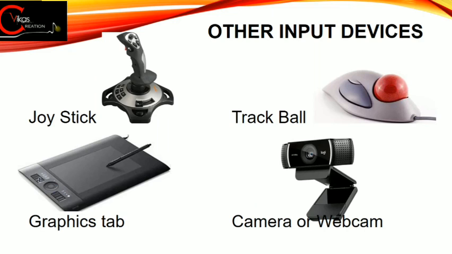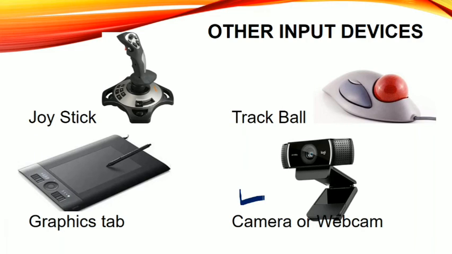Fine. Next we have this graphic tab. As I have told you earlier, nowadays we don't use light pen. So instead of using a light pen, we can use this graphics tab for writing on a display. Like suppose I have to write something, so for writing that I can use a graphics tab. Fine. Then next we have camera or a webcam. Well, for performing video conferencing or for recording yourself, you can use a camera or any webcam, and it is also a type of input device.